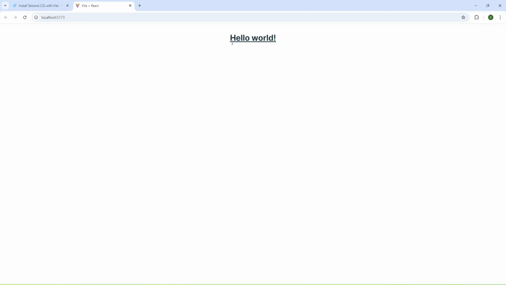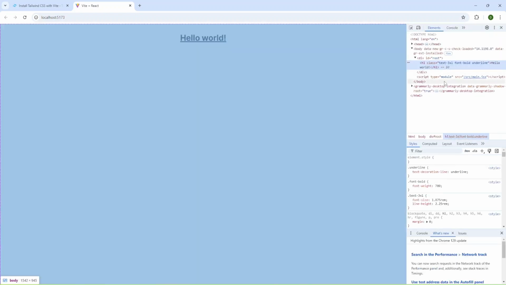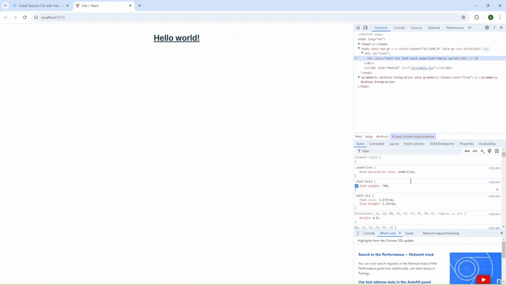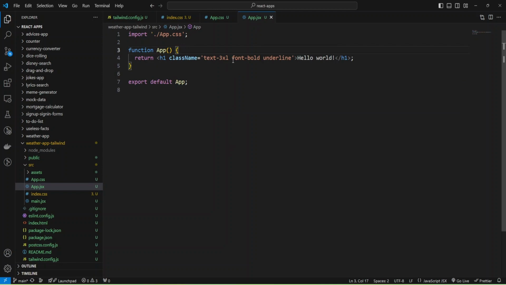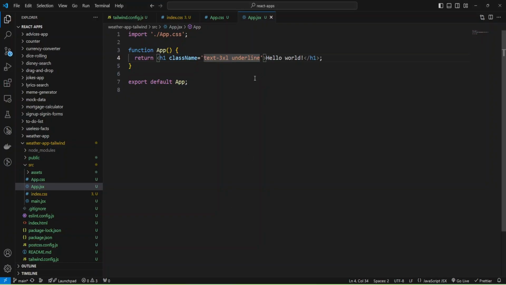Okay, we have our hello world at the top, and I'm going to open developer tools and check what classes we have. And we have font-bold and underline, and you can check what CSS styles we have inside them. And I'm going to return to App.jsx and remove font-bold. And as you can see, we don't have bold, and I can remove underline,